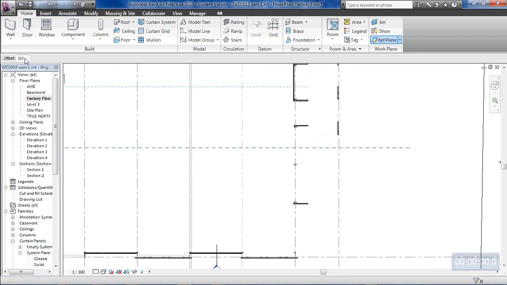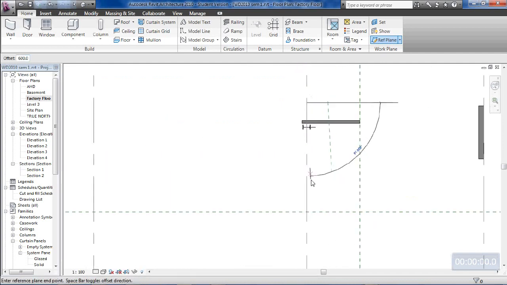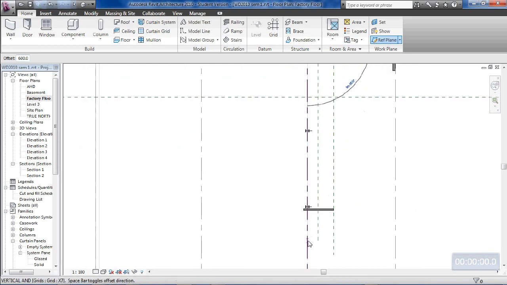Use an offset of 1500 and I'll draw down the page, so it's going in a clockwise direction on the grid line. I'm hovering and looking down at the bottom left hand corner of the screen to make sure I get on grid line X7, and then I'm just going straight down the page on grid line X7. So that's 1500. Then I'm going to do the whole thing again, double clicking on my offset and changing my offset to 600, and then going on grid line straight down the page,